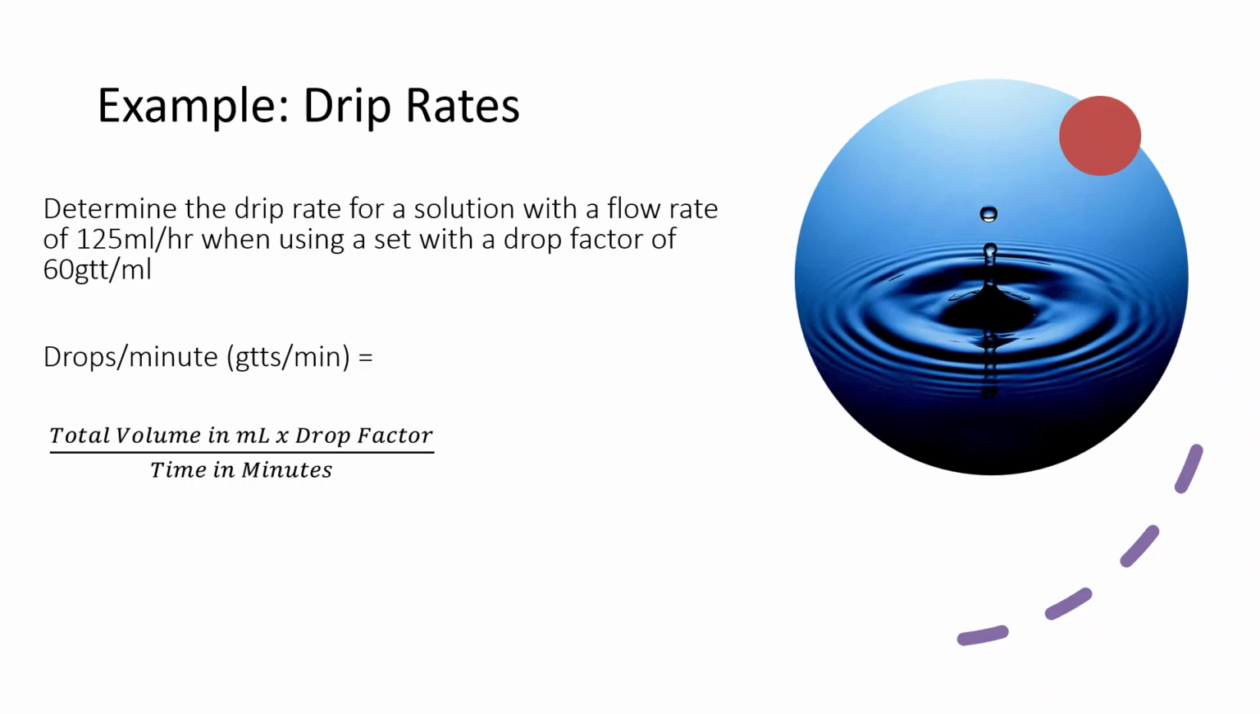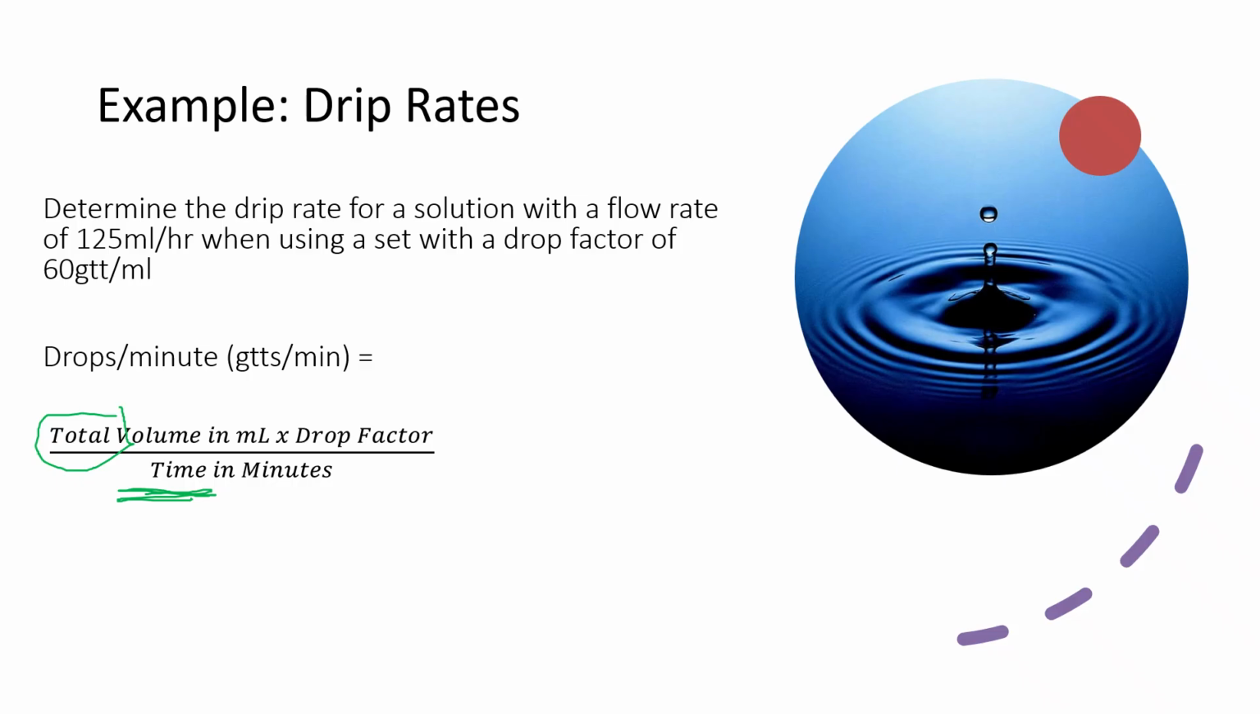So your formula for this is your total volume in mils times by your drop factor, which will always be given to you on the bag, divided by your total time in minutes. So this formula will only ever be needed when you're using gravity IV infusions, not when you have an electronic infusion pump. This drop factor number will always be printed on the IV tubing package, and the most common ones